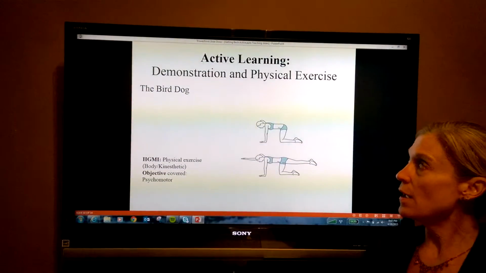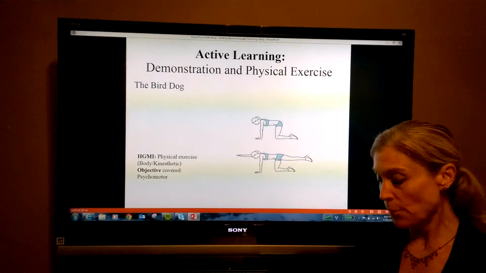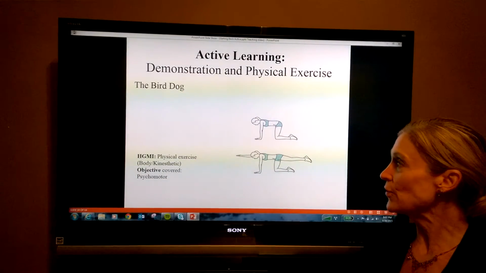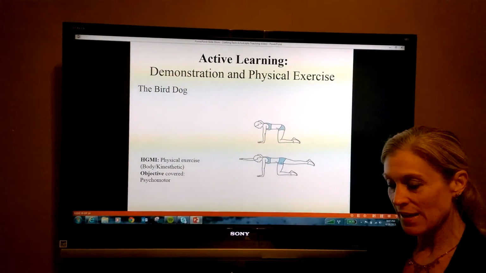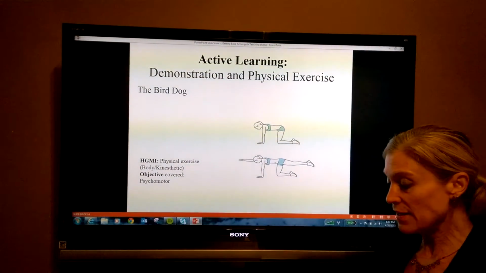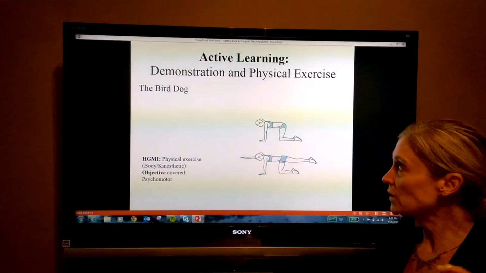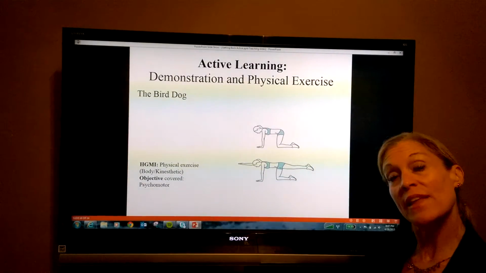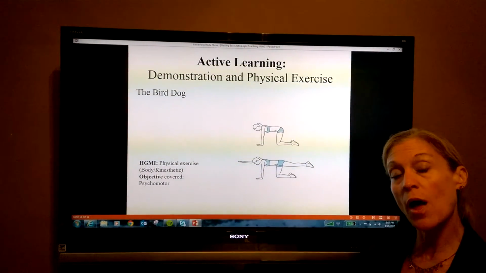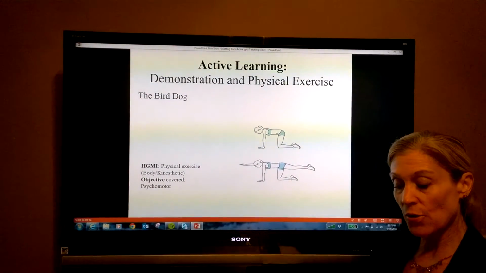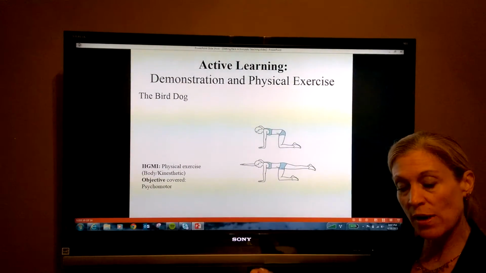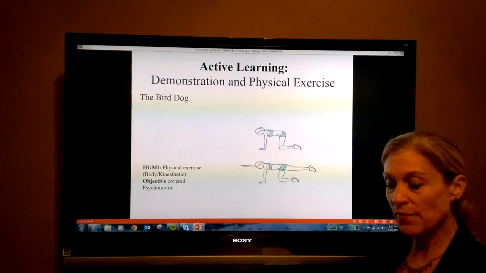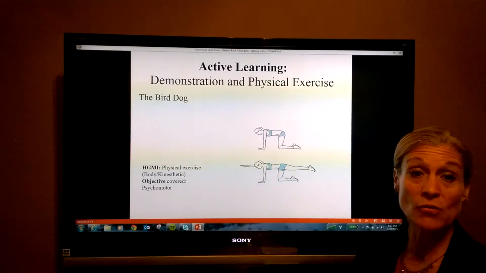Okay. The next exercise is going to be the bird dog. Again, it looks just like it sounds. With the bird dog, they're going to be on their hands and knees. They're going to lift and extend their arm, say their right arm out, and then their left leg will be out. So they're going to do opposite arm to opposite leg, their head tilted down, kind of in a straight motion there. They're going to keep their hips level, and they'll do that about 8 to 12 times on each